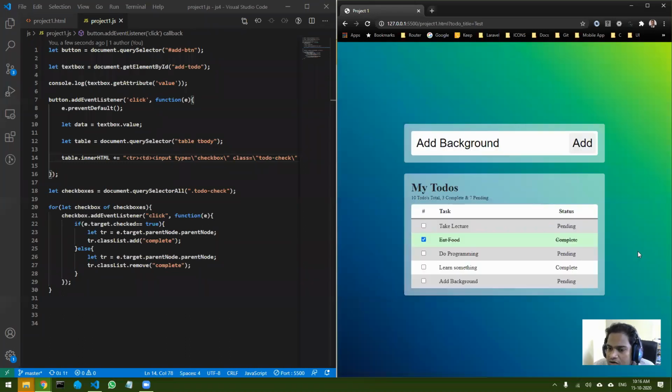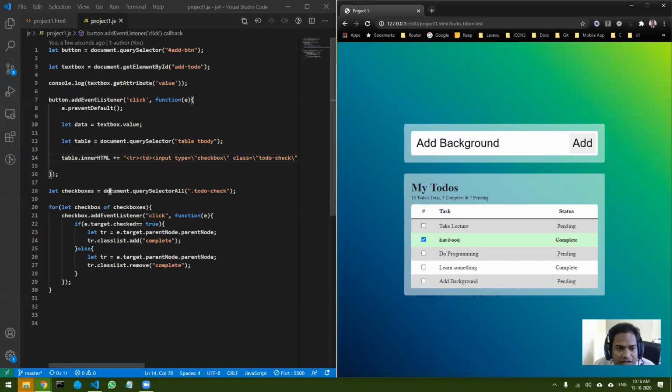You can see I have a class to-do-check also, but still it is not working. So this is something you should understand: how to deal with such kind of thing. Basically the idea is, whenever you add elements dynamically into the table, that particular DOM is not reflected inside the document object.